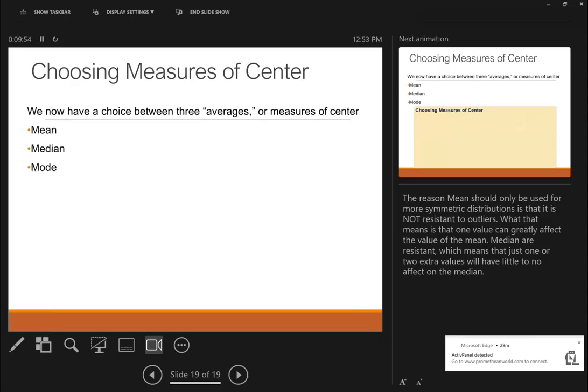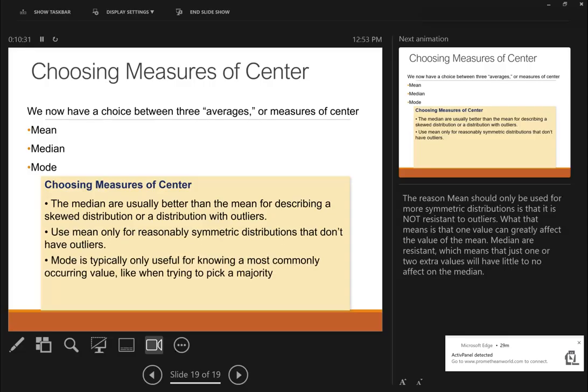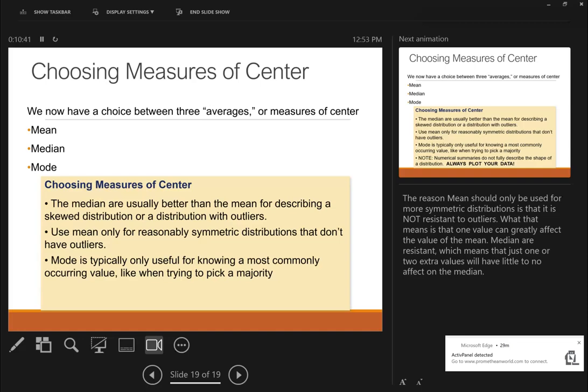All right, so we have these three measures of center, mean, median, mode. It's time to discuss which one to use and what the relationship between them is. So the median is most accurate in describing a skewed distribution. The mean is best for symmetric distributions without outliers. And modes are best for